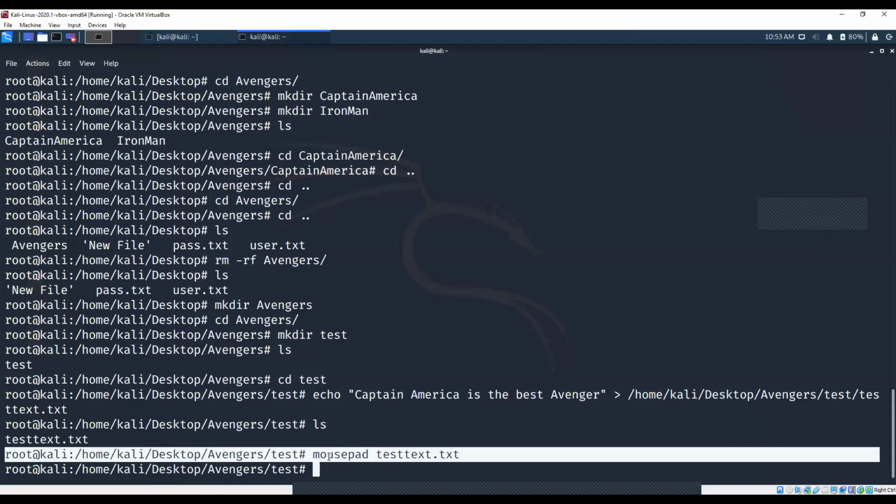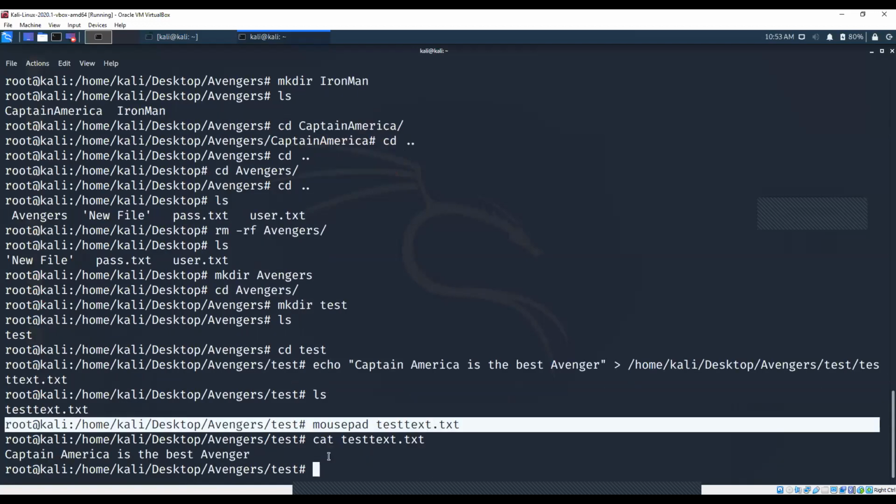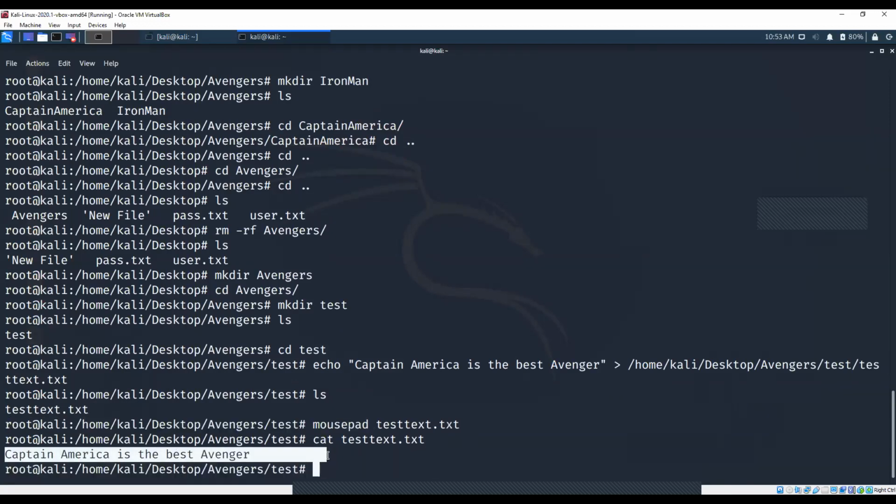And what else do you have? Okay, you can actually go with cat. Cat is the command which will actually show all the things on the terminal. So I need to go with cat space, the file name, which will actually show up on the terminal. So this is the terminal you have. So yeah, on the terminal, it is showing whatever line I have written over here. So these are a few commands.